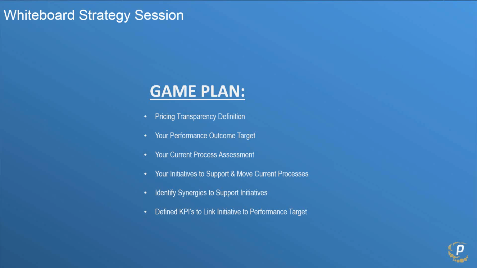And then once you have a definition in place, what we see is that successful organizations really start to identify what outcomes they want to see as a result of that definition. PMMC can help you accomplish this and then start helping you identify some current processes and gaps that really lead to KPIs that support your defined goals and objectives, so that way you can really start measuring success. And again, this whiteboard session is complimentary to everybody on the call today, and I'll send out a meeting link to my calendar if you'd like to go ahead and schedule some time.